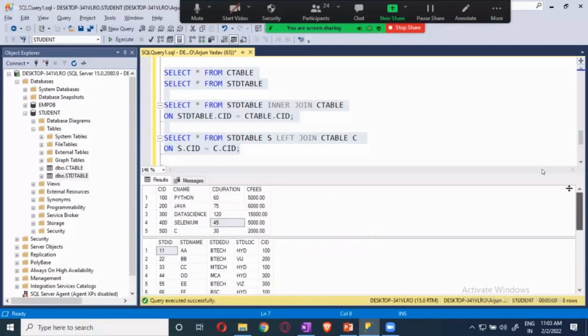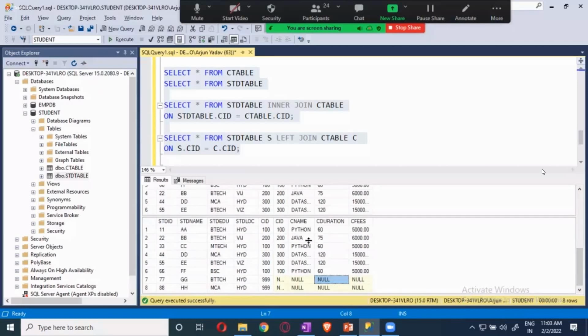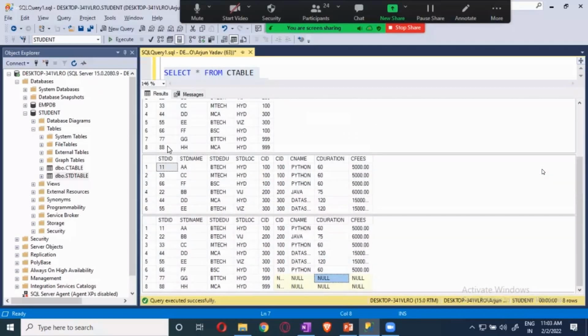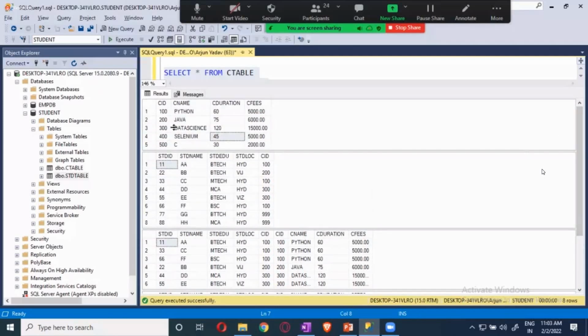Here we got the output. So it will present all the courses, whatever we have over here. How many courses do we have? Like 5 courses we are having over here. All the 5 course details you are going to get. And whoever has taken Python, only those details will be presented from the right side.